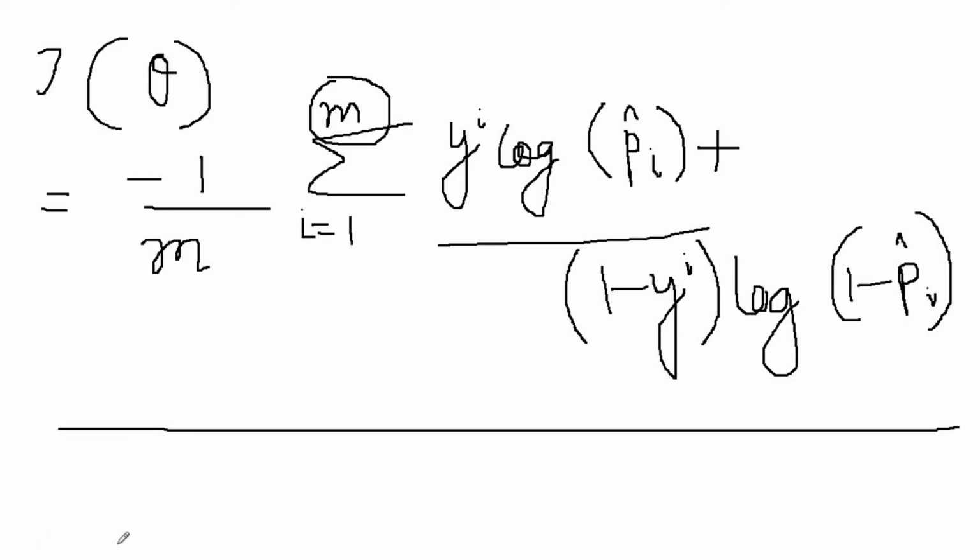So our algorithm always penalizes for incorrect classification. So the cost function over the whole training set is simply the average of the cost function over all the instances, which is minus 1 by m summation i equal to 1 to m, where m is the number of instances or number of data points, yi is the actual class, log predicted probability plus 1 minus yi log 1 minus pi. So this equation is also known as cross entropy.